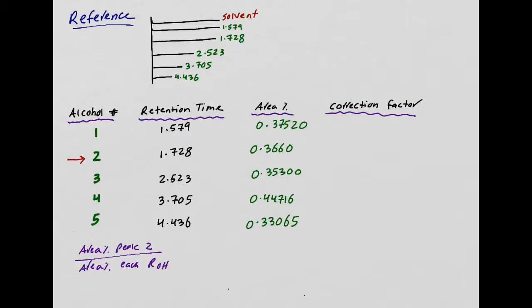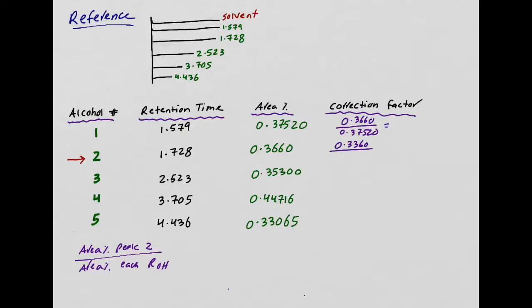Now, what do I mean by that? Let's do it. So the correction factor for alcohol 1 would be the area percent for peak 2, which is 0.3660 over 0.37520. So let's do it for all of them. So this one would be 0.3660 over 0.37520. The second one, again, for all of them, the pick that we picked,